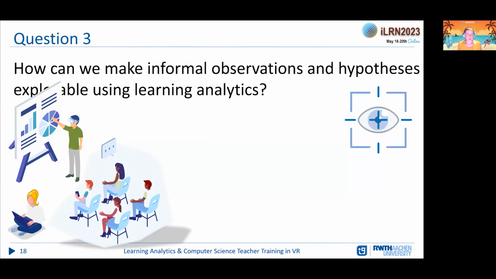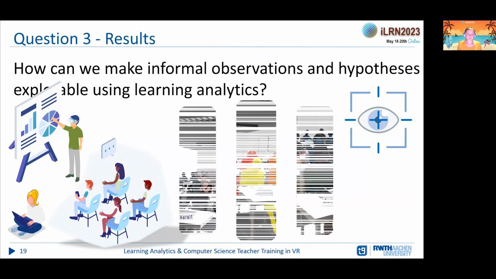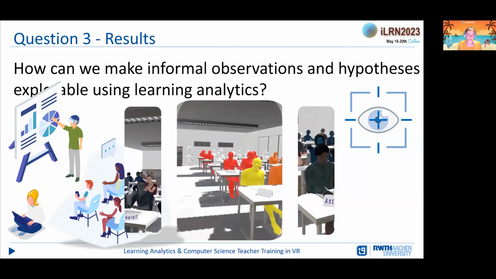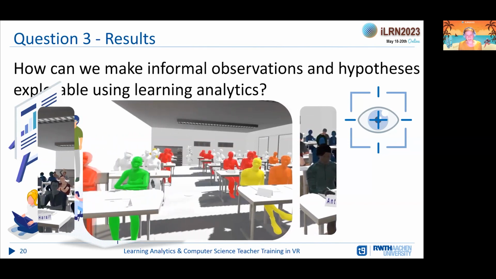And now let's check how we can make our insights visible. And we started with implementing something for the eye tracking part. And here are the results. For example, it's a heat map visualizing how often the teacher-student looked at the virtual students. White students were never looked at. That's a pity. But the red students, they are focused often, and the green students somehow, sometimes, and in between.